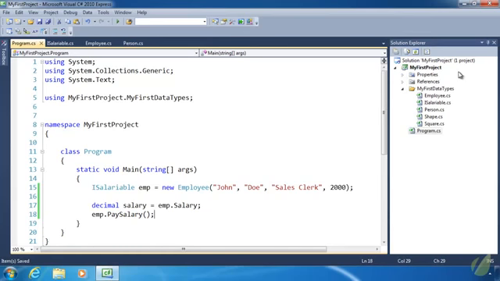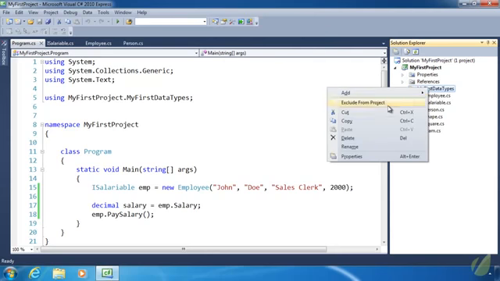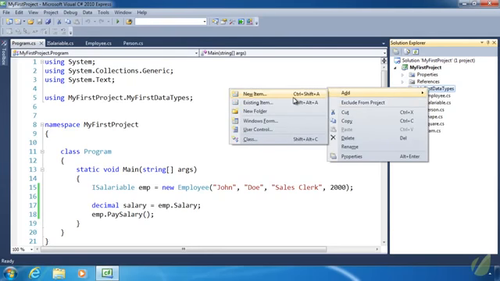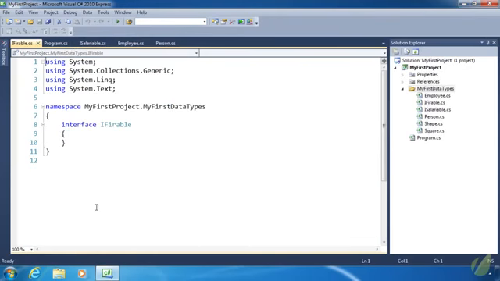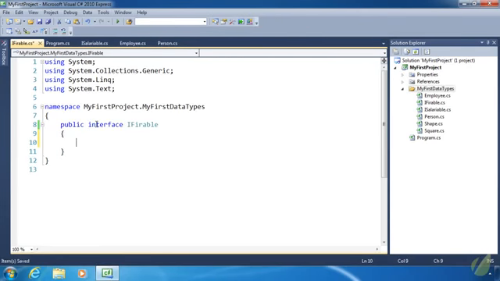Let's create the other interface. And I really don't like this interface because of the nature of the interface, but it unfortunately is a necessity. And that is IFireable, because there are going to be times when we do need to let an employee go. And I don't like that any more than anyone else does, but that's just a fact of life. And we really don't need any type of properties here. All we really need is